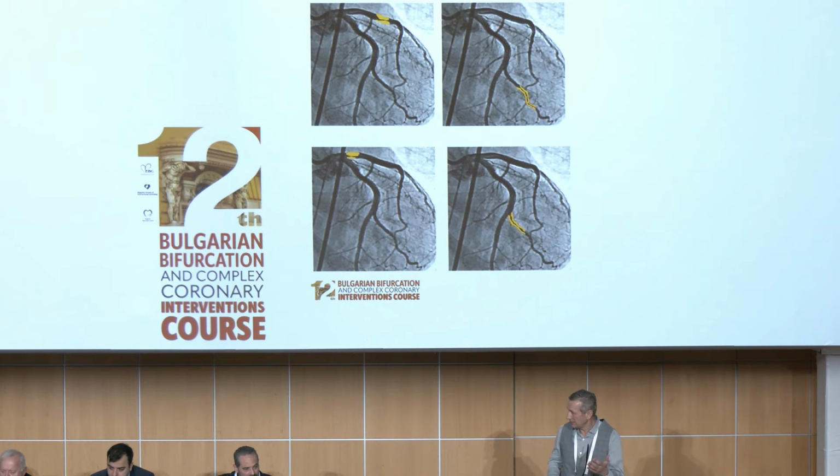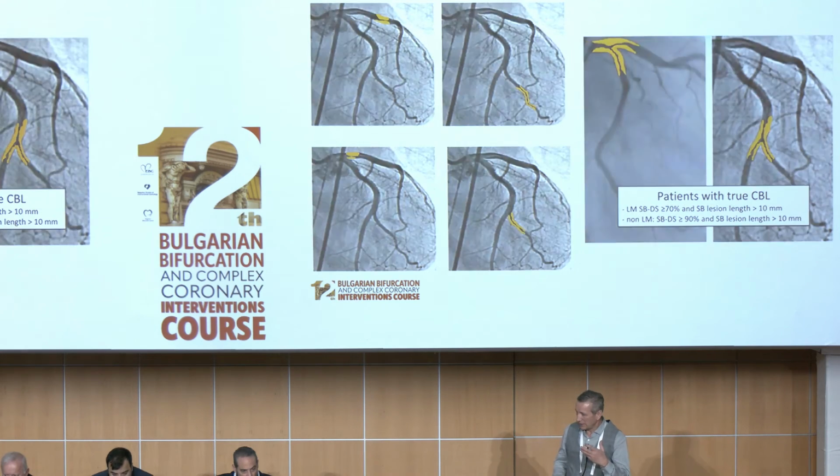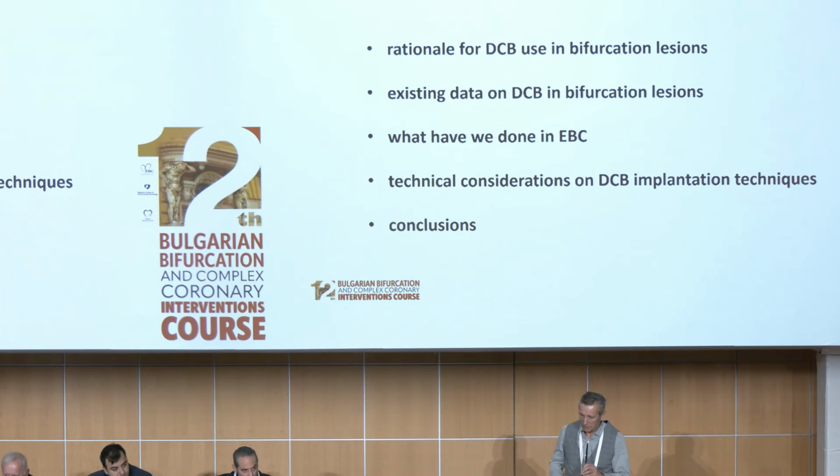How do we decide? Anatomically, probably. The length, the diameter, the tortuosity, the calcification, and the place. But what is most interesting for me are these bifurcations, true bifurcations with a physiologically, anatomically, clinically important side branch. When do we move to do something new? And what is the place of a DCB in these lesions? That's what interests me.